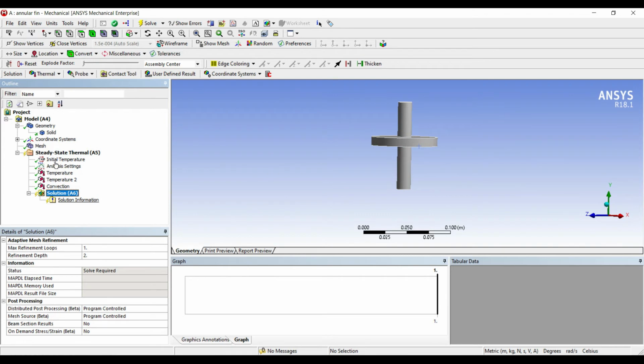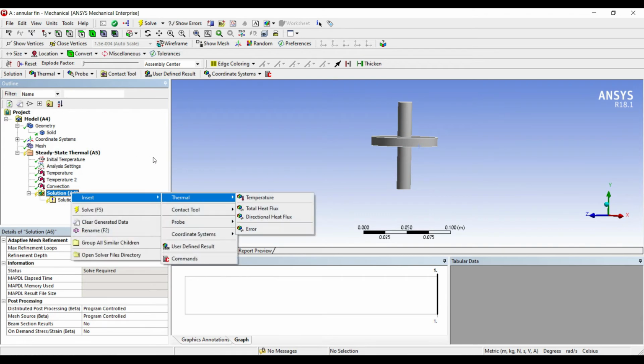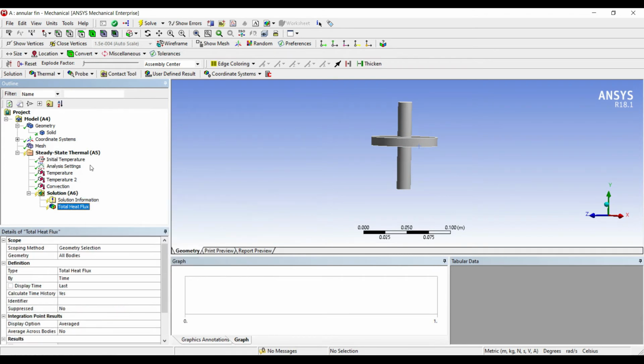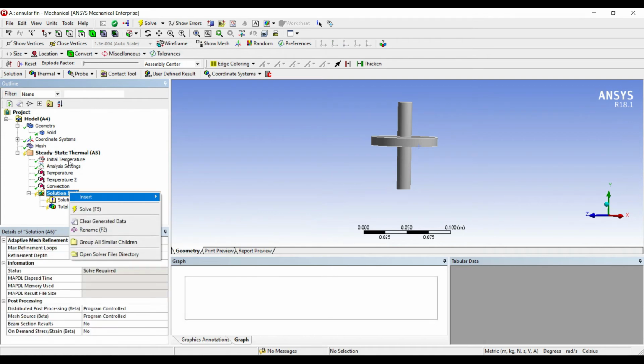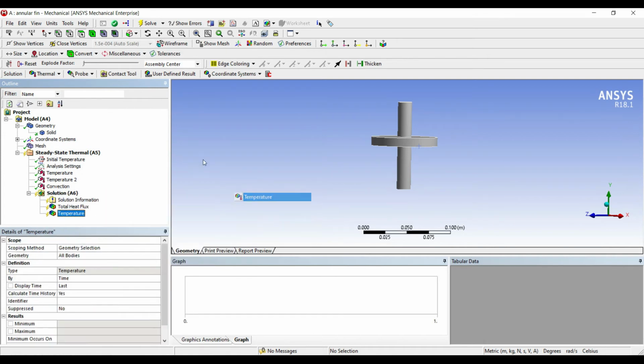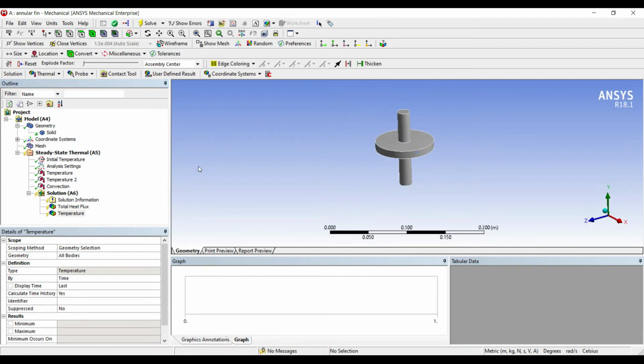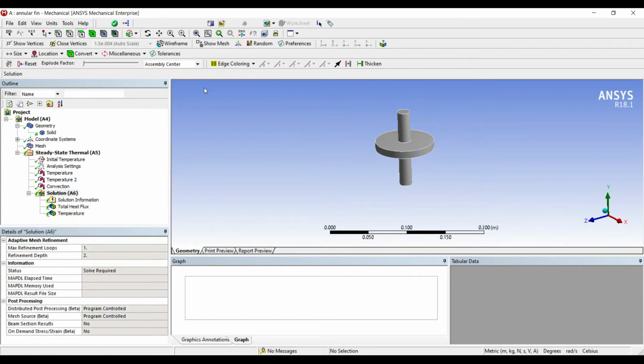I'll go to solution, right click, insert thermal, total heat flux, right click, insert thermal, temperature. The temperature is going to give me the temperature profile over this entire body. I'll go to solution, solve.